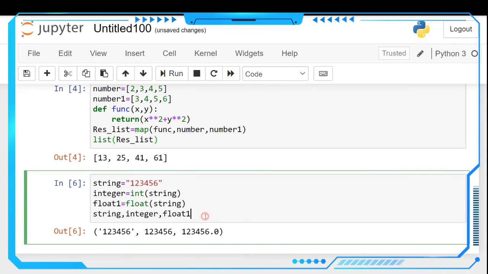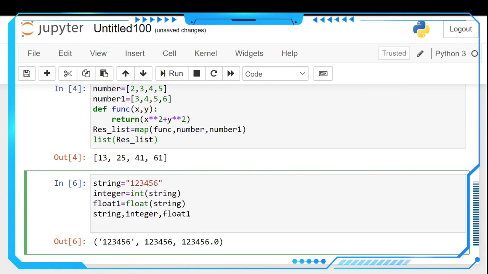What do we have to do if we have a string in a list format, like string 1 equals a list with more than one number: 1, 2, 3 and 3, 4, 5 and 4, 5, 6, three elements present in a list?